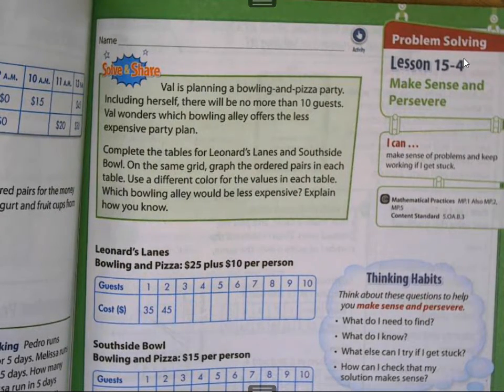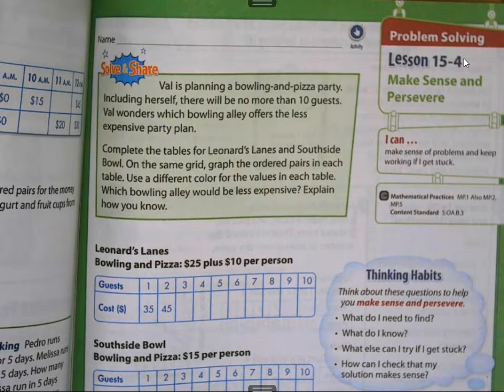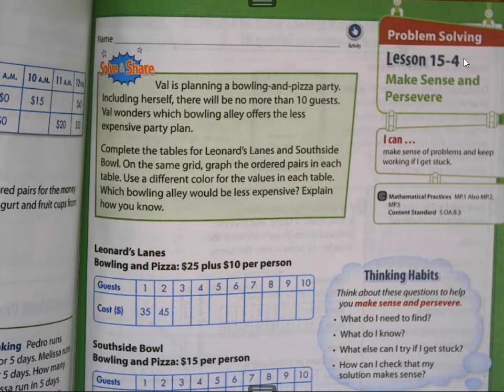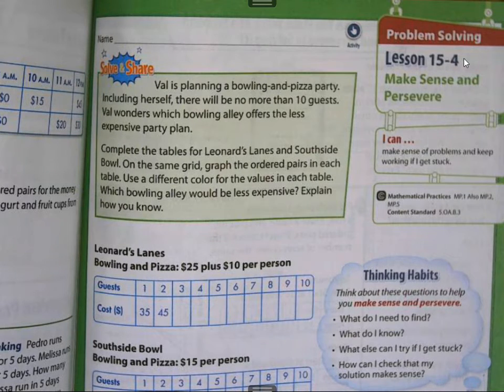I just asked you to watch the visual learning video. It was a rather short video, but I like the explanation for what we're doing today, and I like the graphics. We are actually going to continue our chapter 15 today. We are going to be putting together everything that we've been doing the last 2 weeks with topics 14 and 15. So we are actually going to be graphing and generating numerical patterns,